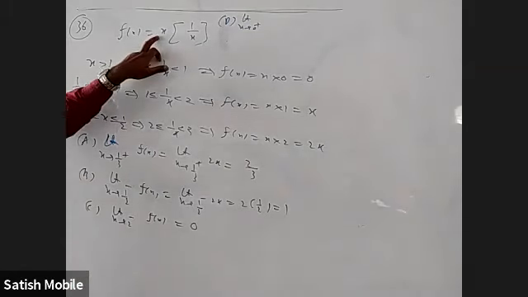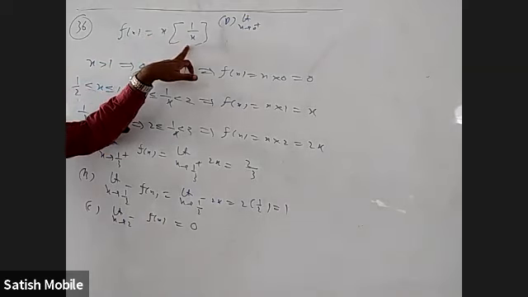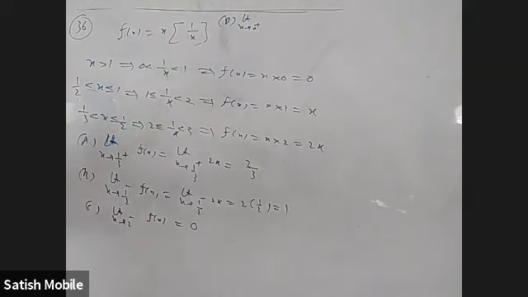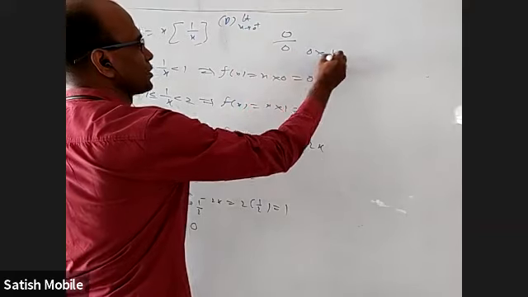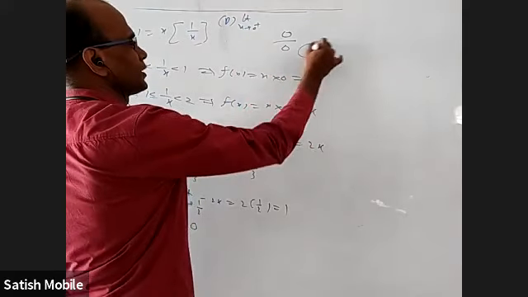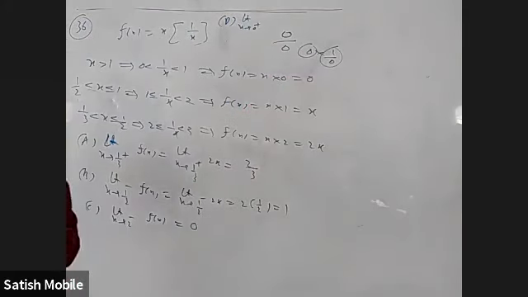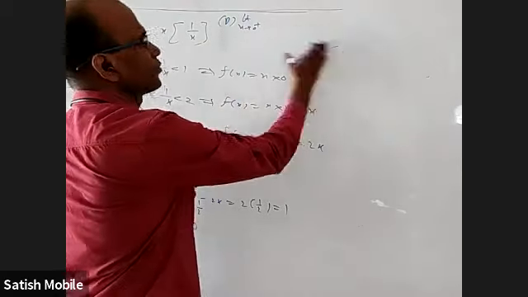When x is tending to 0, this is becoming 0, and this is becoming infinity. One may say I'll just remove this and cancel x. One may say 0 into infinity is, frankly, all our limits questions are 0 into infinity only. Why? If you are dealing with 0 by 0, it is as good as 0 into 1 by 0, which is 0 into infinity only. Sin x by x, you can write as sin x into 1 by x. So 0 by 0 or 0 into infinity, we don't know what it is. It can be anything in limits, depending on the question.